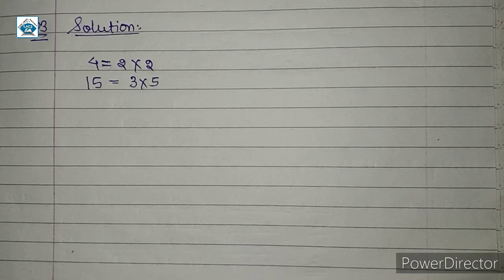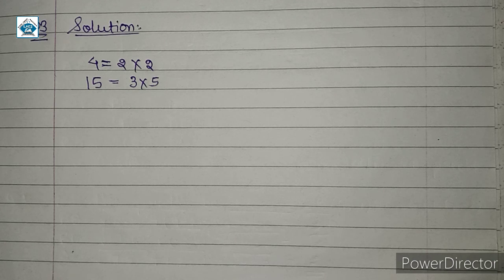Here in the question it is given that 4 and 15 are co-prime numbers. Now we all know the meaning of co-prime numbers. We have discussed this before. Two numbers having only one as a common factor are called co-prime numbers. So here, since 4 and 15 are co-prime numbers, they have 1 as a common factor. उनका जो एक common factor है वो 1 है. So question में जो answer given है, that answer is wrong. Since they have 1 as a common factor, the HCF of 4 and 15 is 1.